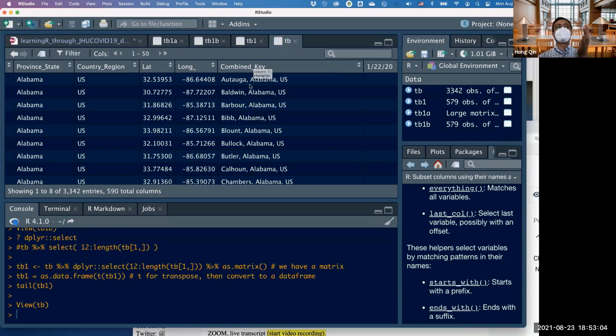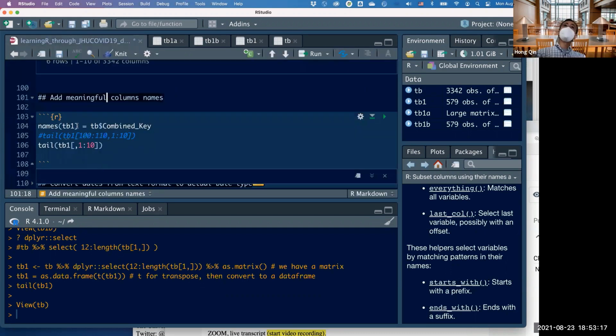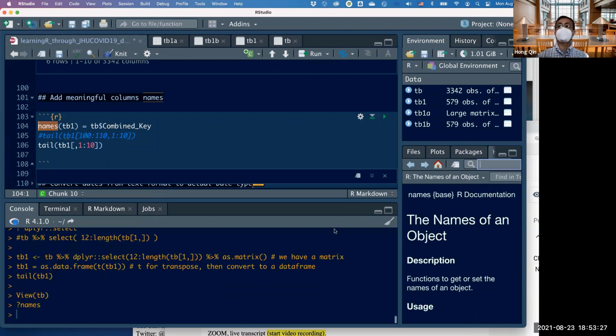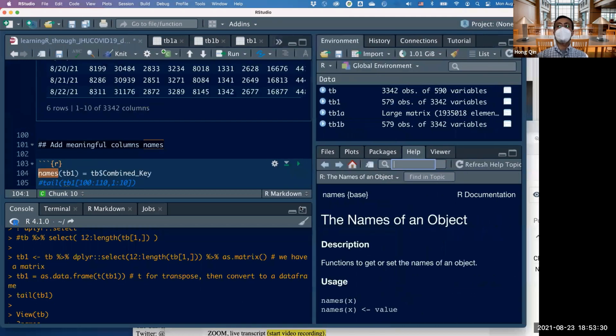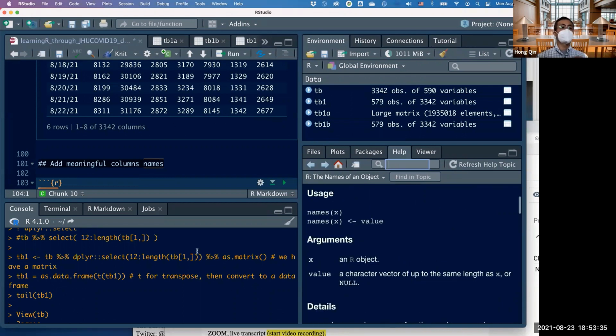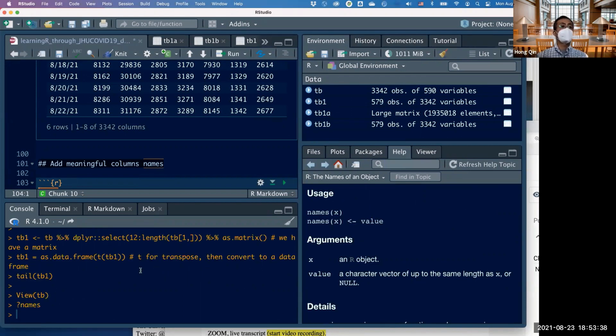Remember, when it's coming in as input, it's all in the combined key. We're just going to use the combined key for the transposed data as a row name. This can be done using a function called names. Names of the object by default for the data frame is the column names. So in this case, if I run names of tb1,